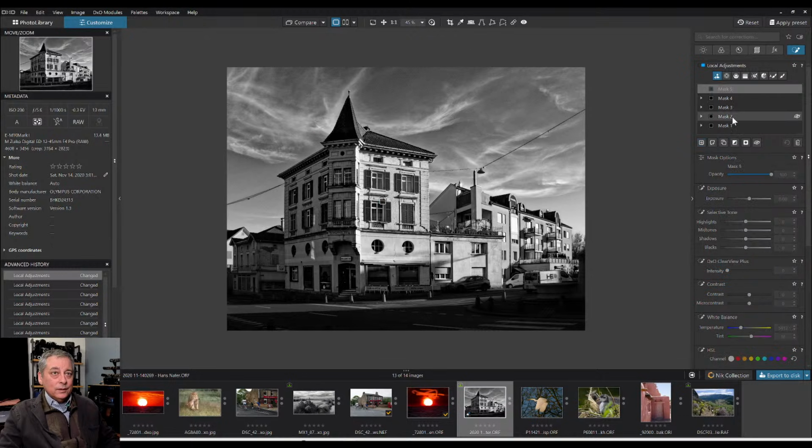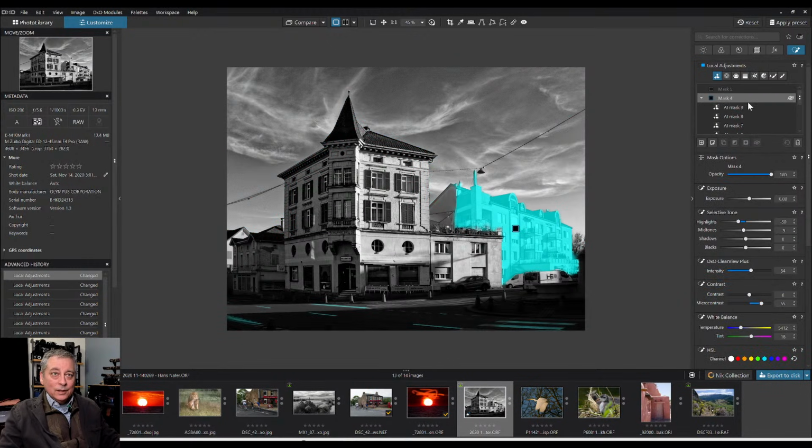Let me make a new mask. I actually included all these lines with the building. So I'm gonna highlight mask. I'm just gonna move these into 5. I meant to make a new mask. Now I have to do